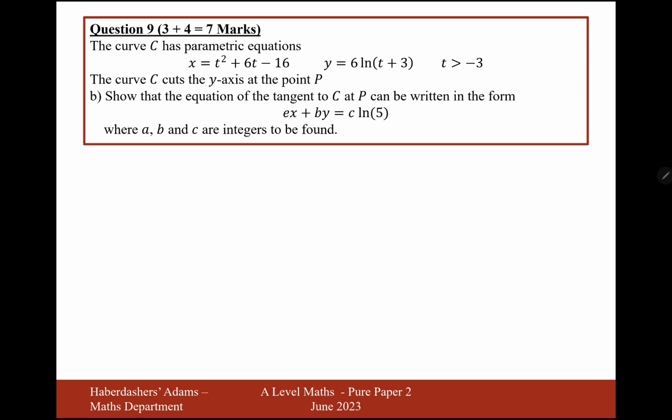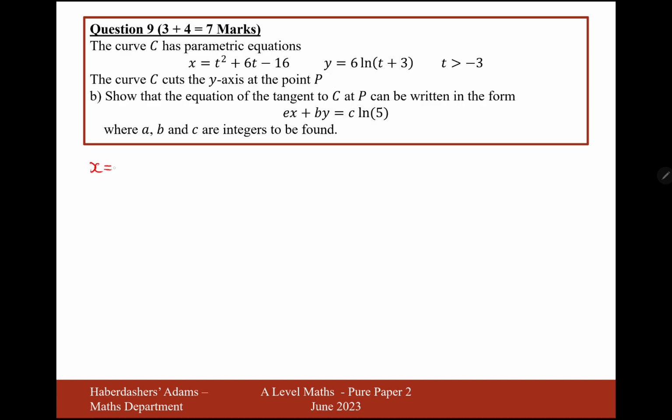Okay, let's move on to part B now. The curve C has parametric equations of this, and the curve C cuts the y-axis at point P. Show that the equation of the tangent to C at P can be written in this form, where A, B, and C are constants. So if it cuts the y-axis at point P,